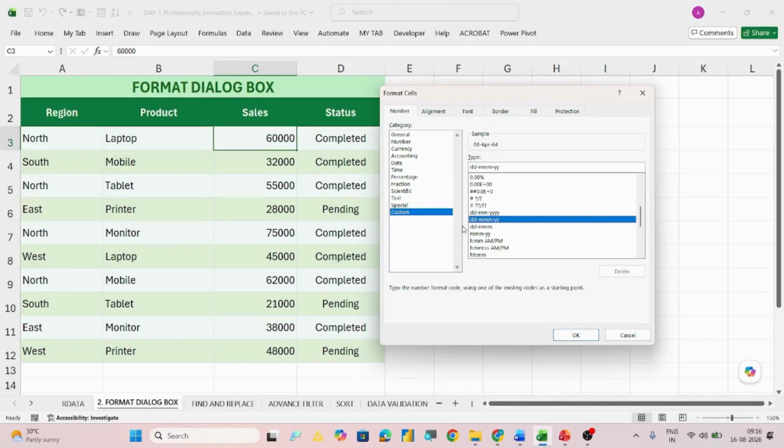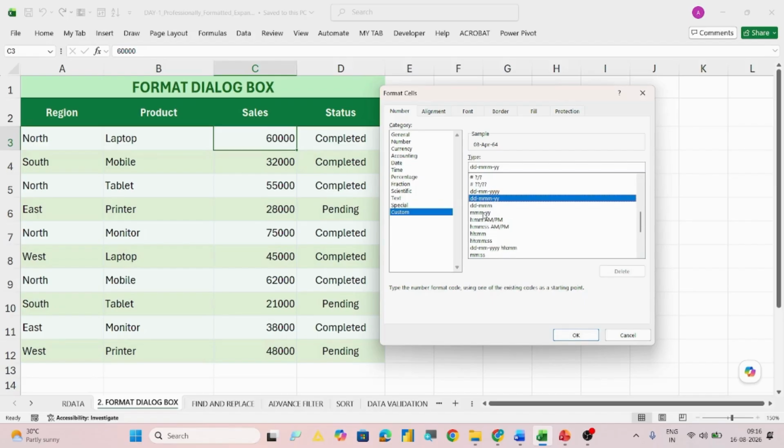So here we see that we can customize the date format. 3 times M means 3 letters of the month will come like Jan, Feb, Mar and all. When we say DD and 3 times M, it means the year will not appear. In case of 3 times M and YY, the date will not appear, but the month will appear in 3 characters and the year in 2.